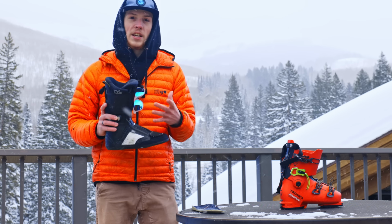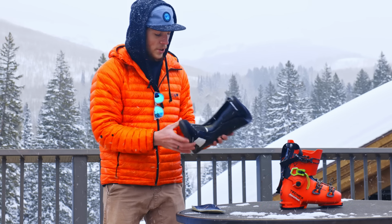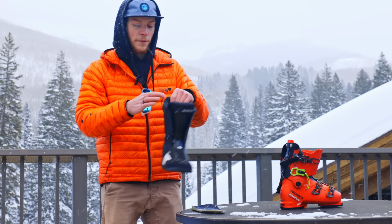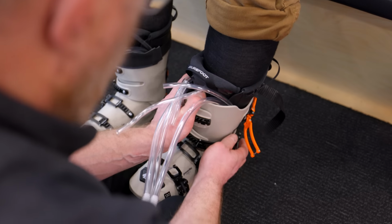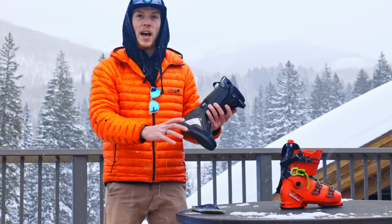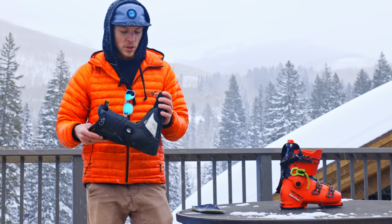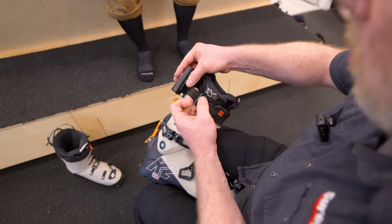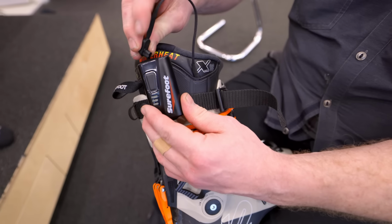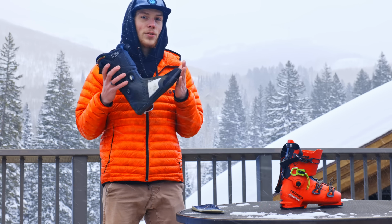All right, if you're getting a custom liner like this one and you can see the ports along it, what they're doing is they actually put the liner on and it's nothing more than a sock almost. It's completely void of all the foam. Then they run a chemical process that injects the memory foam into this liner, locking in around all the curves of your ankle and stuff like that. Now the beauty of this one is that this also has pre-wired heating elements inside of the toe cap, and the cable comes out to the top, so I don't have to install anything additional for heating. Now, that is a really nice luxury of a